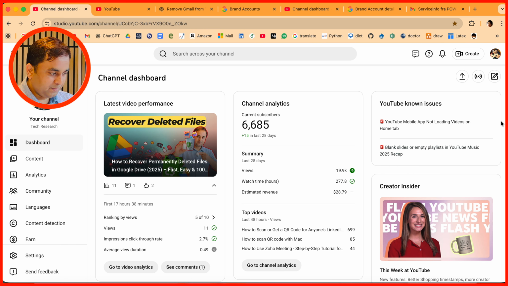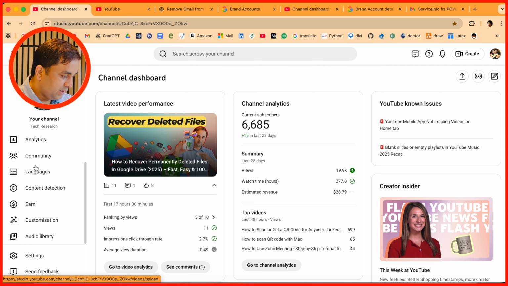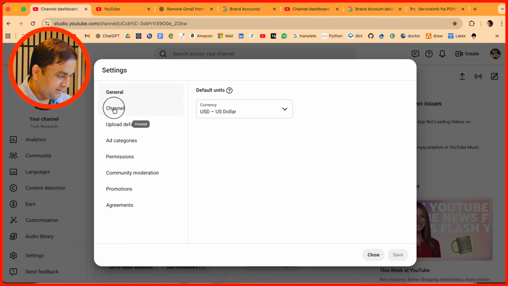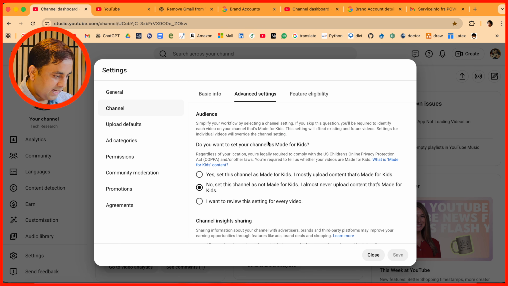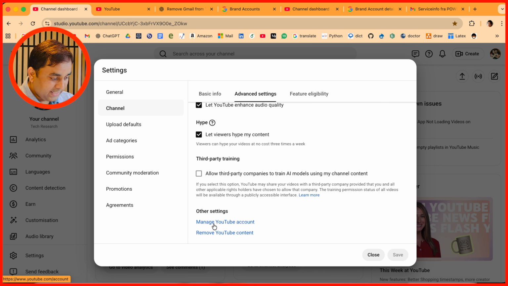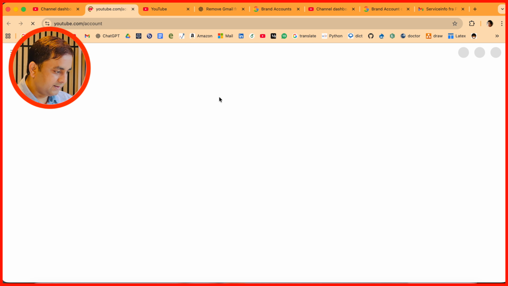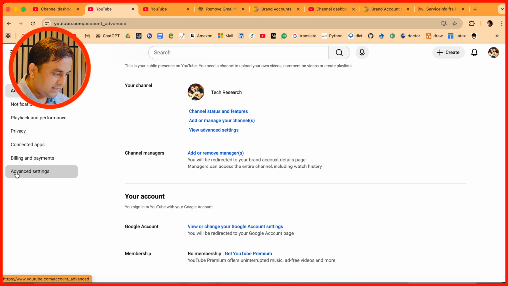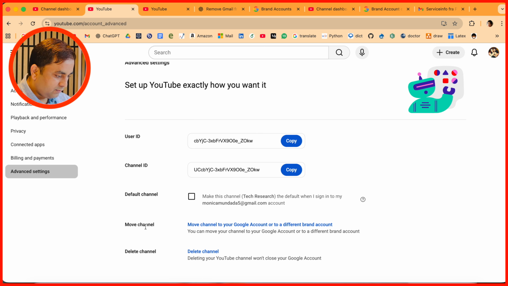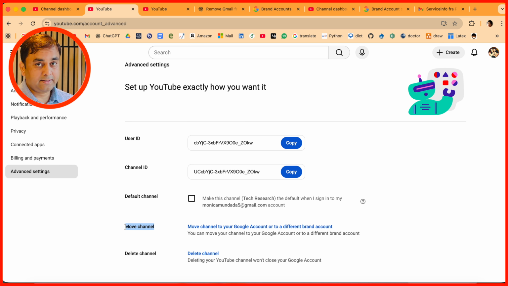First of all, open YouTube Studio, then Settings, after that Channel, Advanced settings, and scroll down to Manage YouTube account. Click here. After that, go to Advanced settings and scroll down. Look at this: if you created a brand account, it shows the option to move channel to your Google account